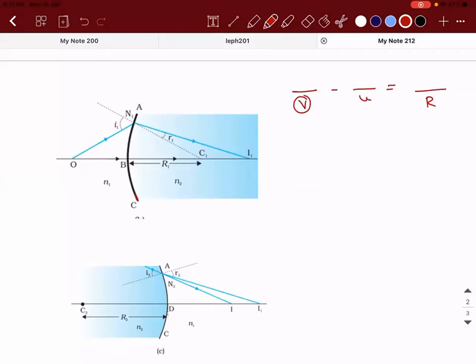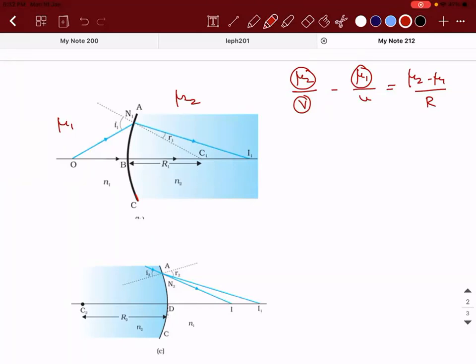You should write the refractive index in the numerator of the medium in which the image is formed. So in this case, if this is mu1 and this is mu2, the image is formed in the medium mu2, and for the object you will write it as mu1. Okay, right hand side, first refractive index minus second. It is mu2 minus mu1 divided by R. Clear? But I always keep telling you one thing, that you need to apply sign convention when you're deriving something.